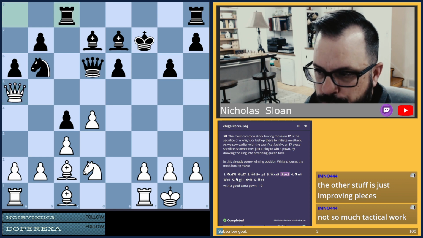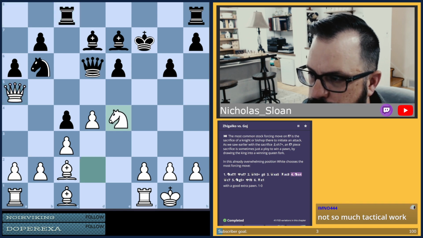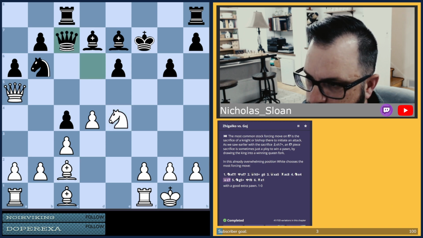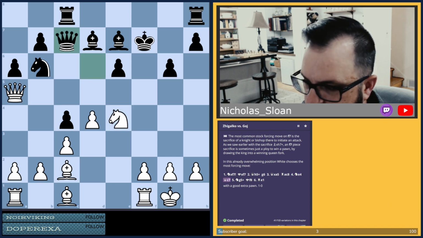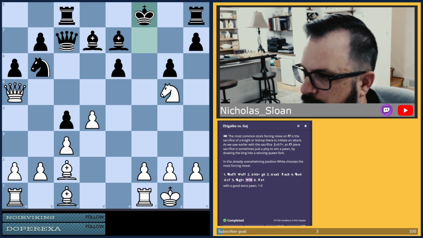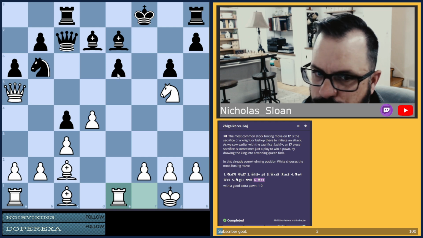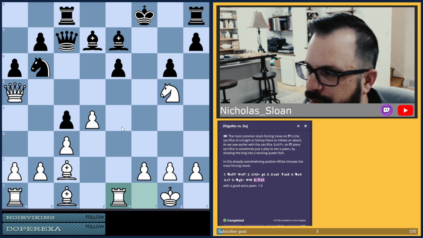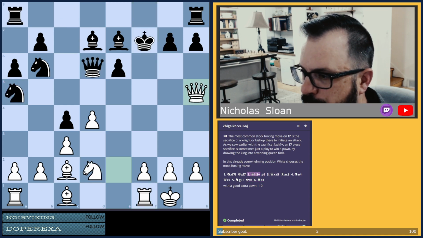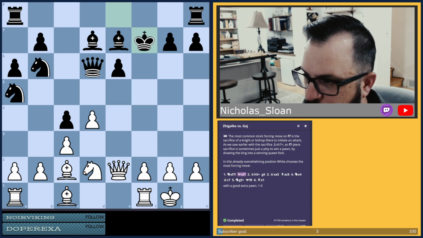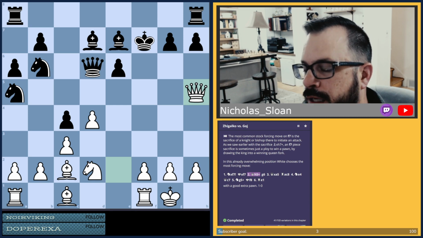And yeah, it's all about improving your pieces and trying to put them on the best squares, which makes sense. Attack the queen, there's a tempo there. Attack the king, there's a tempo there. And then just put your piece on an open file. This is more of a positional type of puzzle, with the tactic in the beginning. There's the removal of the f7 pawn to gain this fork against the king and the knight, right?